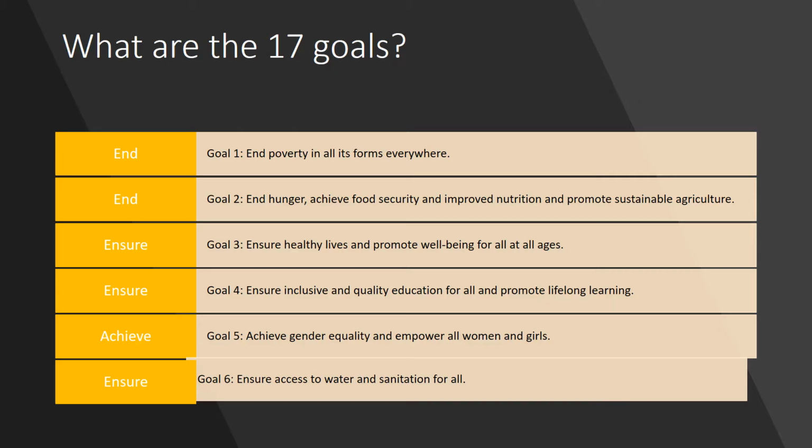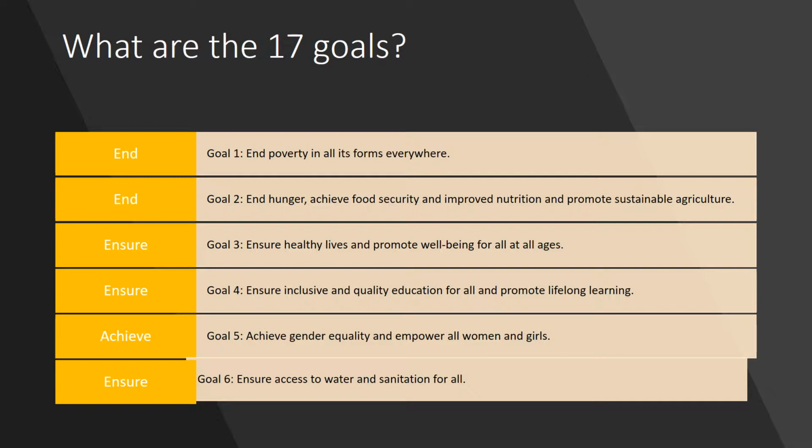To be able to achieve our goals. Okay, right now, what are the sustainable development goals? There are 17 of them, as I said, 17 sustainable development goals. I'm going to go through each of them. I'm just going to tell you what they are, and after that we'll move forward. Okay, the first one, goal number one, is to put an end to poverty in all its forms